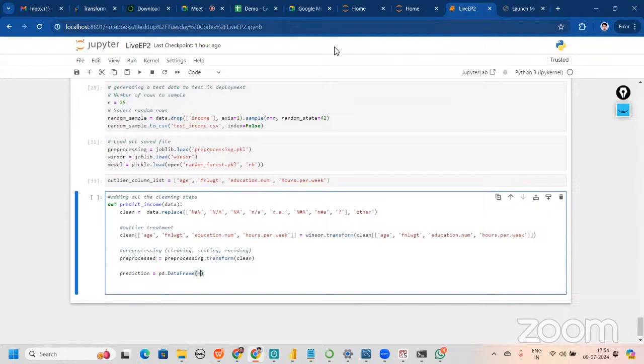There was a problem with my mic. So yes, pd.DataFrame. Of course, let's continue with the same pd.DataFrame. And yes, we continue. Model prediction pd.DataFrame, model.predict. Of course, we are just predicting with the model. And what are we predicting on? We'll say preprocessed